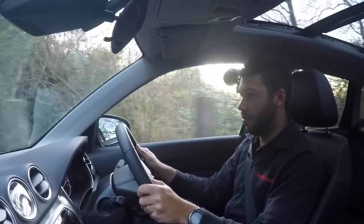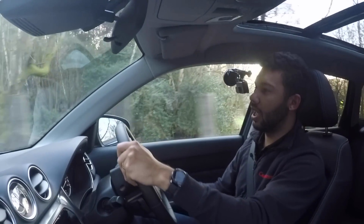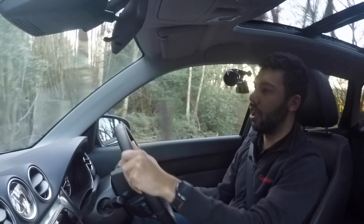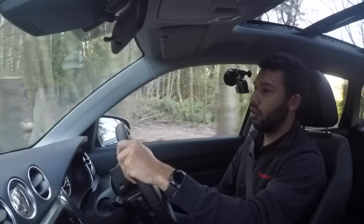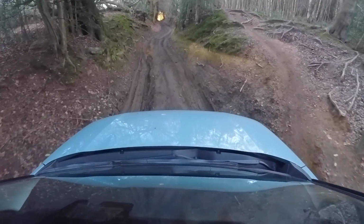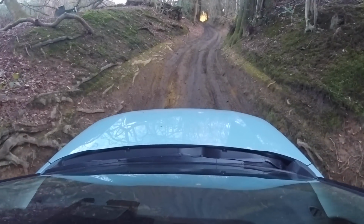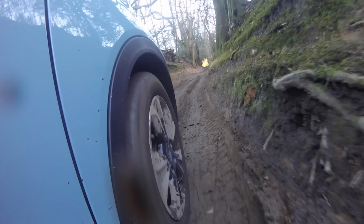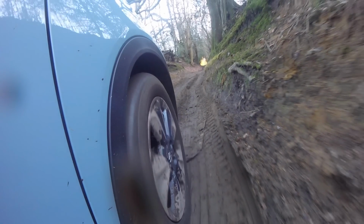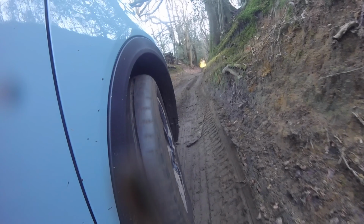Now, one of the advantages of the Vitara is it isn't a particularly heavy car. Now, okay, it's not quite as light as a Jimny, and of course the Jimny has got a shorter wheelbase, but, right, let's just follow the ruts. Oh, I think I'm starting to bottom out now. Ooh, okay. That doesn't sound particularly good. Okay, let's see if I can...